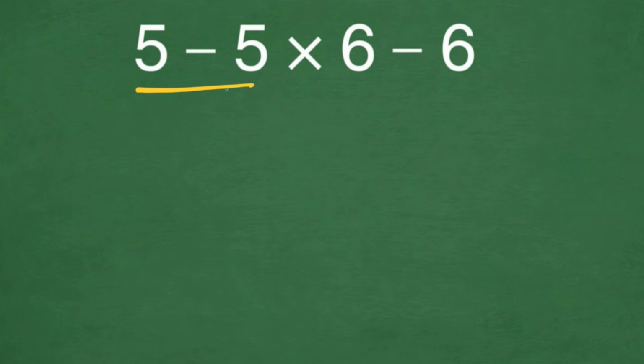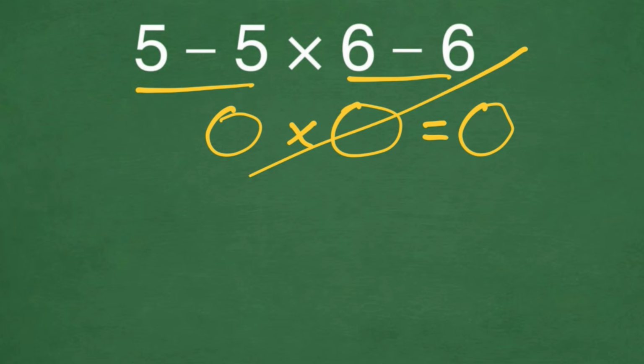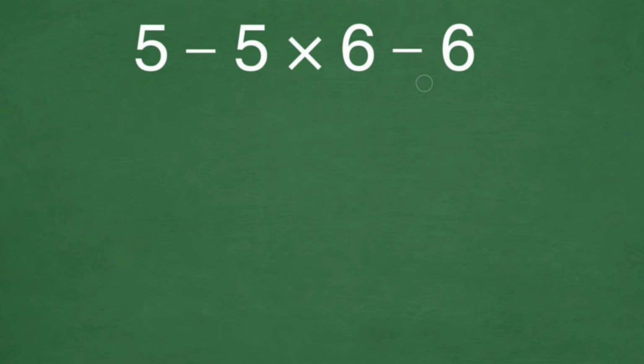5 minus 5 gives us 0. And again, 6 minus 6 gives us 0. And 0 times 0 is equal to just 0. But this answer is not correct, because according to the order of operations, which is PEMDAS,